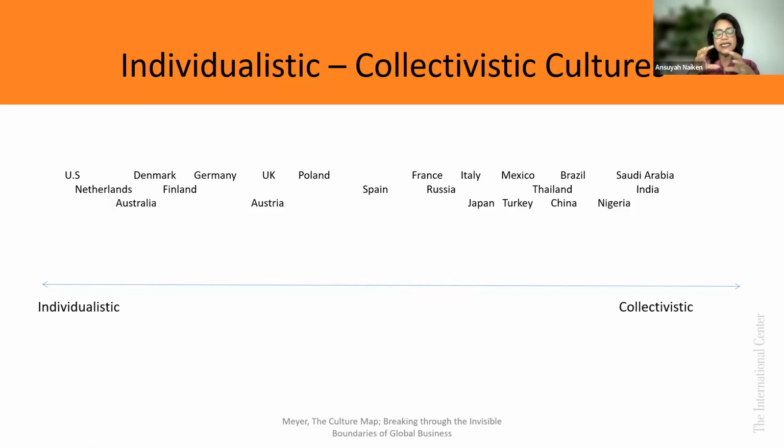Collectivist cultures, on the other hand, it's more about a group dynamic. It's more about what do we do as a family? What do we do as a group? And so when it comes to an individual with a disability in these cultures on the right-hand side, and you can see a lot of the Asian cultures are there. We've got China, we've got Thailand, we've got India, we've got Japan. A lot of these collectivist cultures on the right-hand side, it's about a group focus. It's about a focus on family, focus on community.